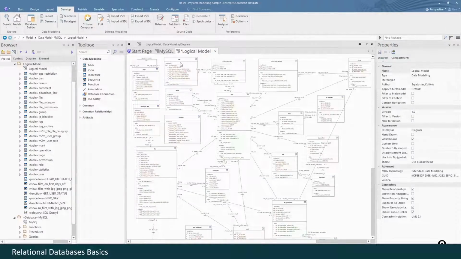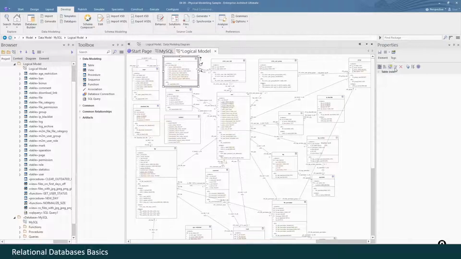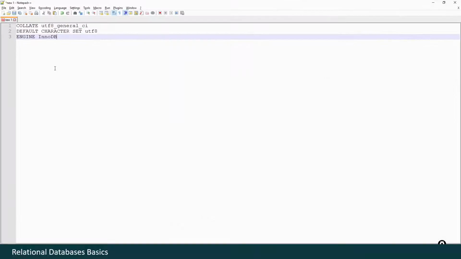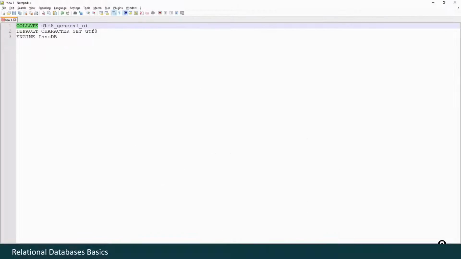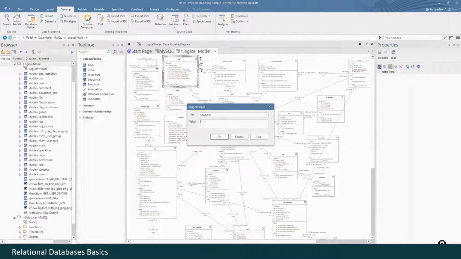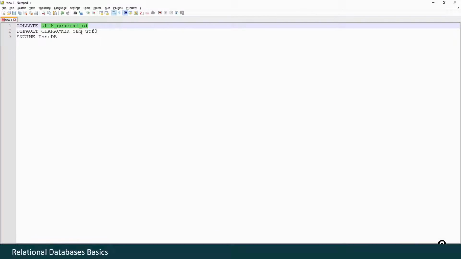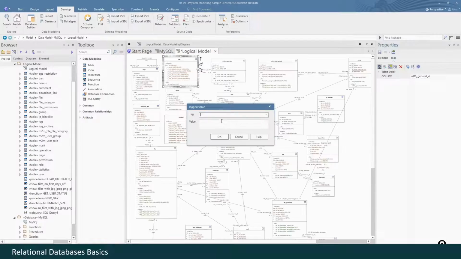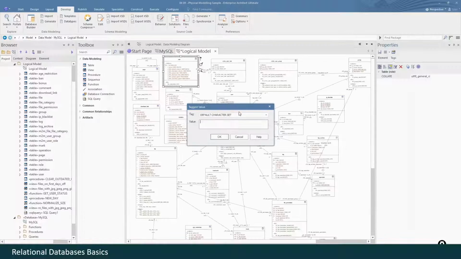Next we have to deal with encodings and storage engines. We go to Properties, Tagged Values, click Add New Value. To speed up the process I have something prepared here, so I just copy-paste it. Okay, collate UTF-8 general CI case insensitive, adding new default character set with value UTF-8.